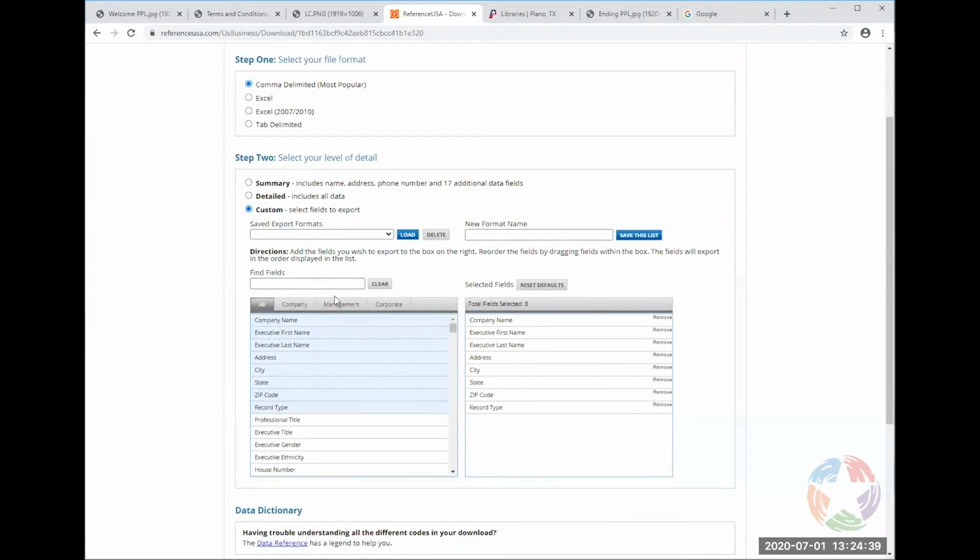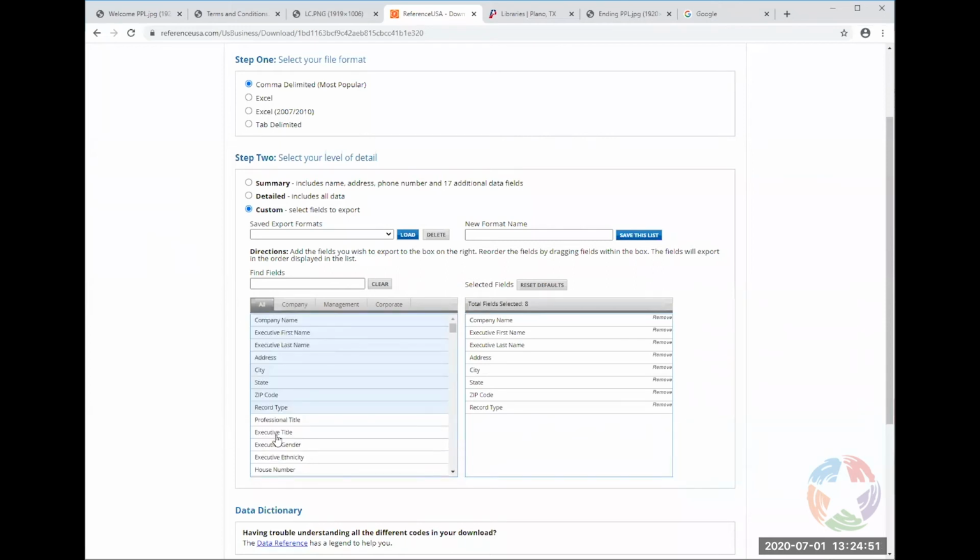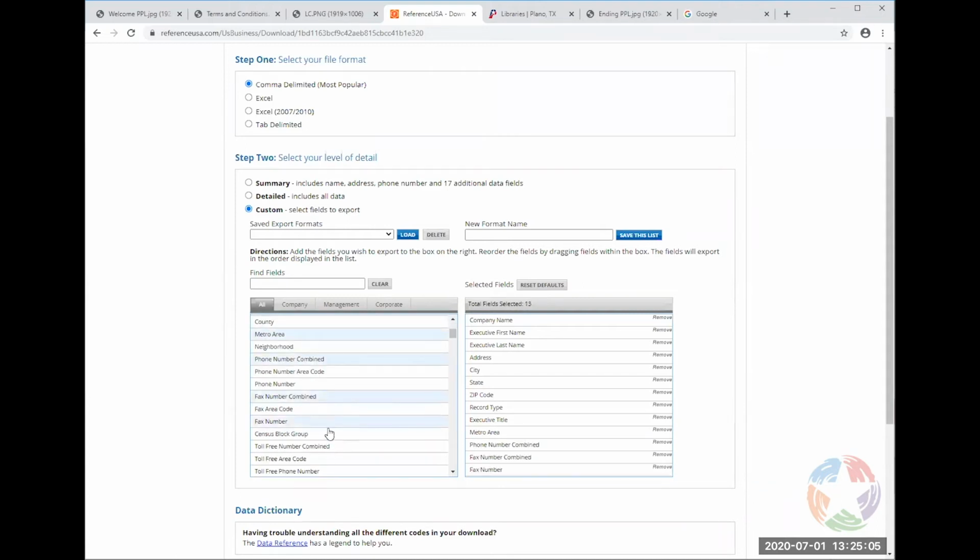What we're going to do is just come down here, and I'm going to show you. You can choose from all of these choices, and look how many there are. There are so many. As you choose them, they'll come over here into this list, and this is everything we've chosen so far. They give you 8, and it tells you here how many fields you selected, and you just come through here and choose whatever information you might want. If you don't want it, you just click on this little remove, and it will remove that selection.